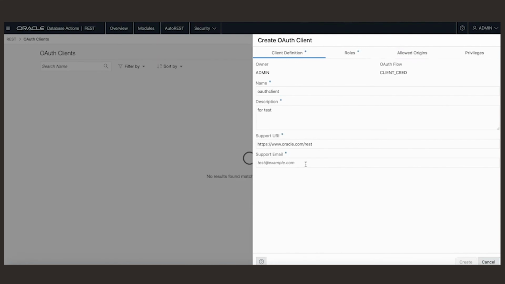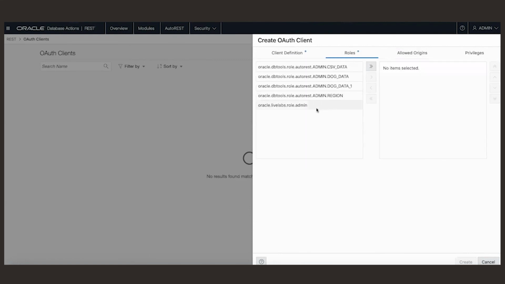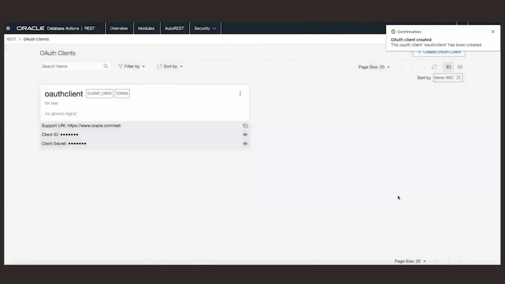Support email, I can just use my personal email, which is frank@gmail.com. And the roles would be the previous role I created. All right, and then click create.